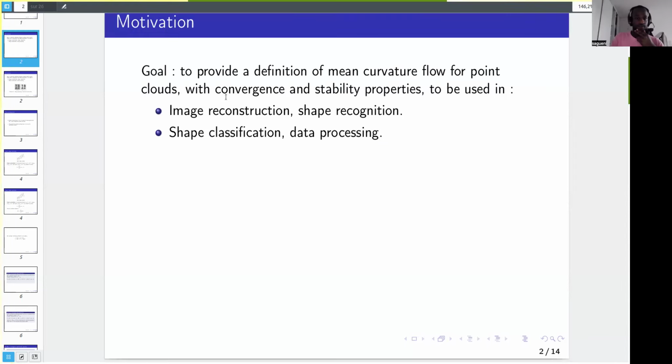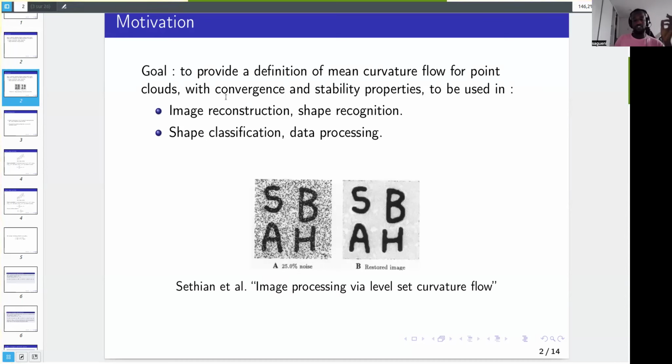So one of the important properties about mean curvature flow applied to discrete data. Well, till now I didn't talk about discrete data, but there is a way to define it for discrete data. And when we define it in an approximate way, we see that it helps in denoising images. We can use it as a very good tool to denoise images. So there are some definitions of mean curvature flow for point clouds that were proposed with my supervisor. We are working on a new definition, which is inspired from the Brakke definition.